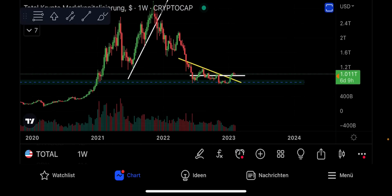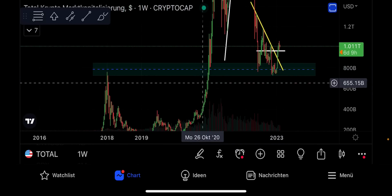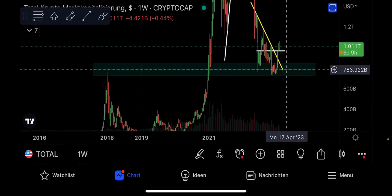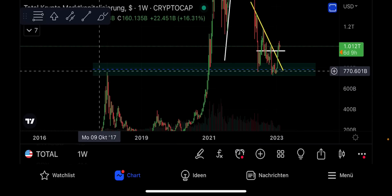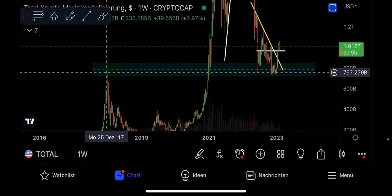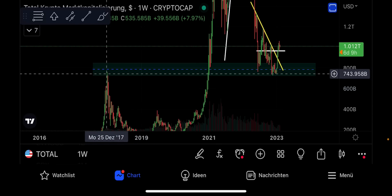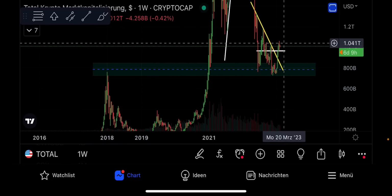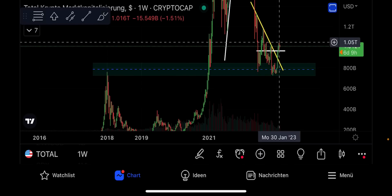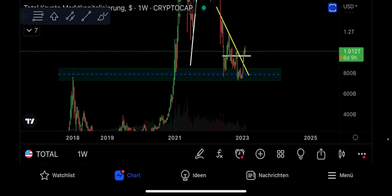On the weekly, you see here, we perfectly found the bottom. Like I told you, if you watch my videos, this was how we could identify the bottom, because we watched the total crypto market cap, and I told you as soon as we touch the total crypto market cap from the previous bull market, 2017, 2018, here you see that was our sign for the bottom, and then the relief rally started. Not the bull run, the relief rally, because after the relief rally, we see some dump, and